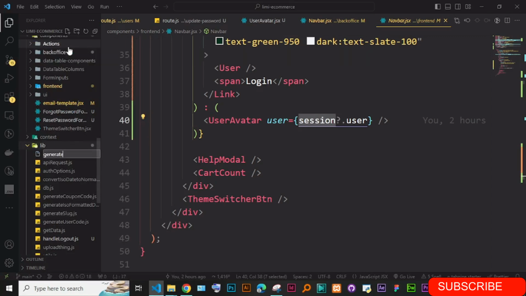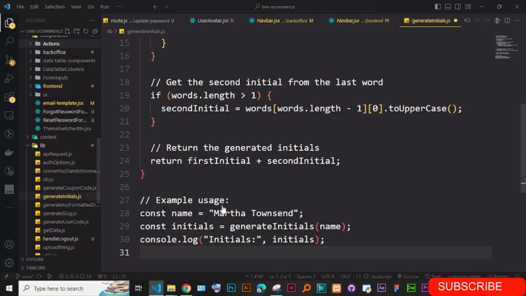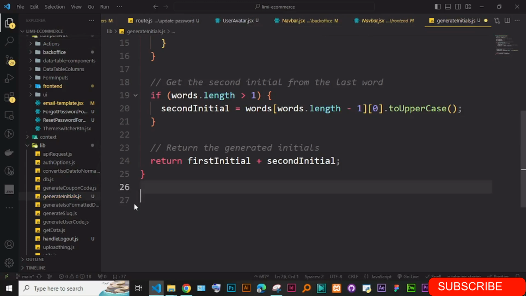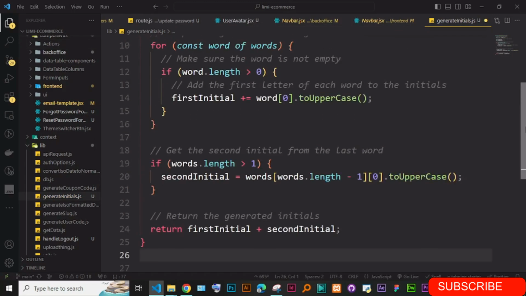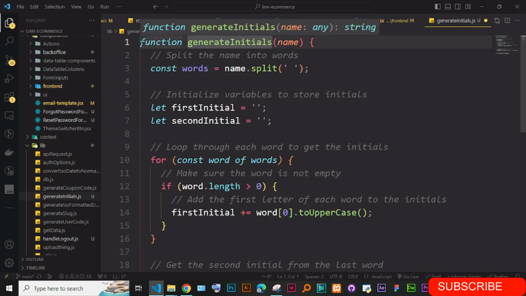Generate initials dot js. Okay, just paste this function and just remove these ones, and just going to go ahead and export that function. Here they're just showing you how to use it. Okay, I'm just going to come in and say export